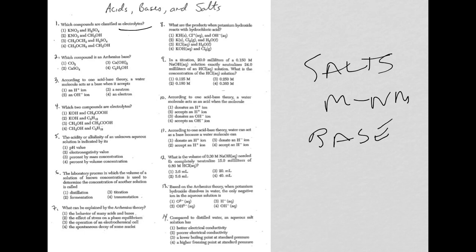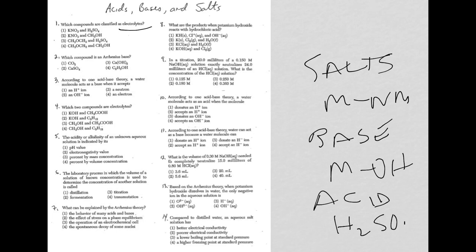For electrolytes, you're dealing with salts, metals, and nonmetals. Bases, which have the ionic bond, so they're a salt as well. It's a metal, OH, with the exception being ammonia, NH3, and acids that ionize in solution, and H is written first, for example, H2SO4. If I go back and look at the choices here, sure enough, choice 1 is my answer. Potassium nitrate is a salt, K is a metal, NO3 nonmetals, and then of course H2SO4 is an